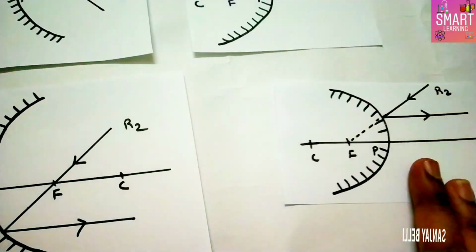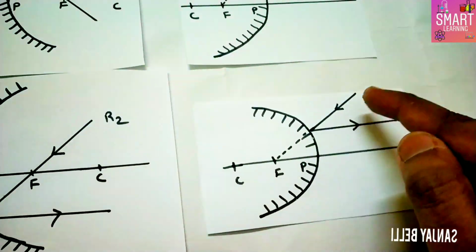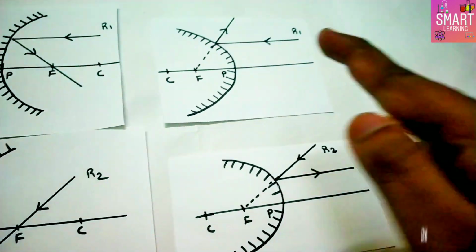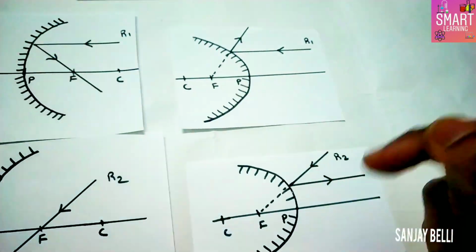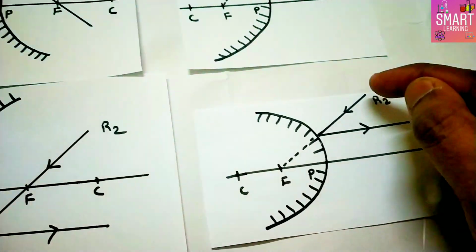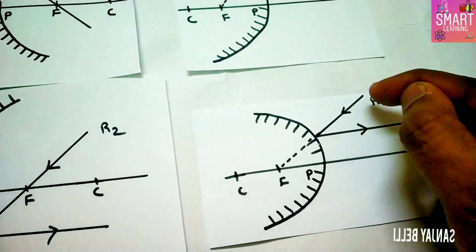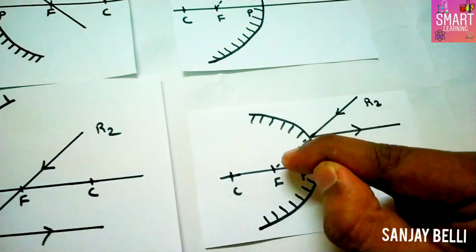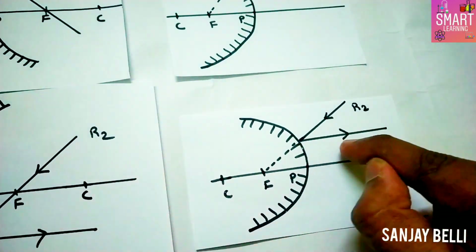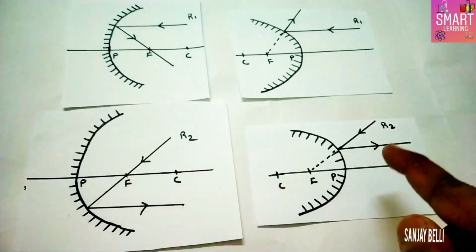Now you can observe it for your convex mirror. Here you can find it quite similar, but the arrows represent which is the incident ray and which is the reflected ray. Here you see the incoming ray, the incident ray, appears to pass through the focal point, capital F. The incident ray appears to fall on your focus. The reflected ray will be parallel to the principal axis. Okay, so this is your rule 2.